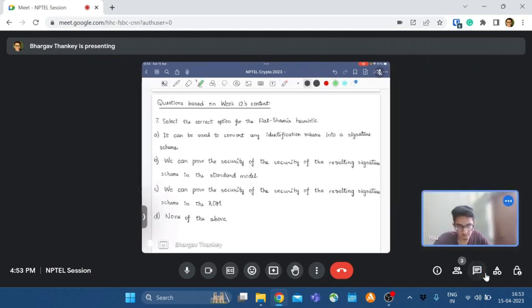Select the correct option for the Fiat-Shamir heuristic. The first option is: it can be used to convert any identification scheme into a signature scheme. Option B is: we can prove the security of, there's a typo here. We can prove the security of the